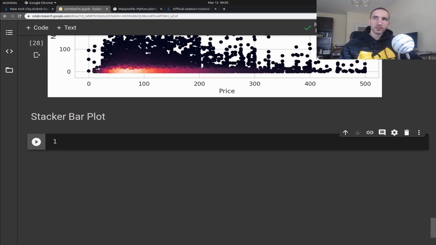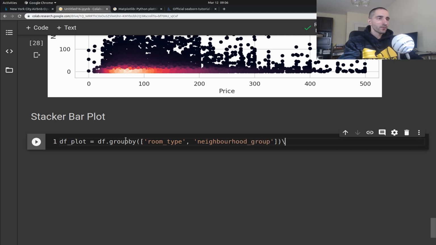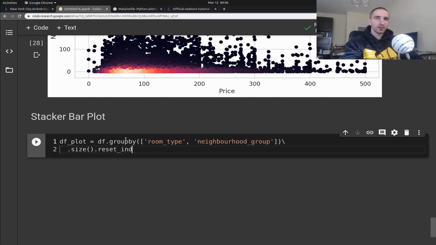And I want to see what type of rooms there are for each neighborhood. And to do this, I'm going to basically create a data frame which is grouped by the room type and neighborhood group. Then I'm going to take the size of it or the shape of it, reset the index,